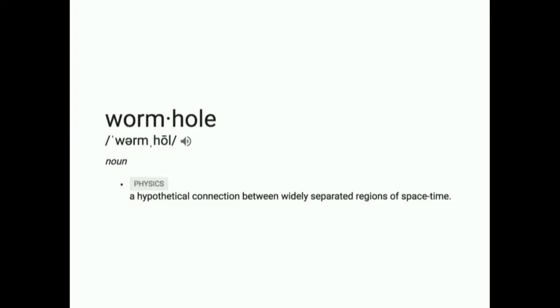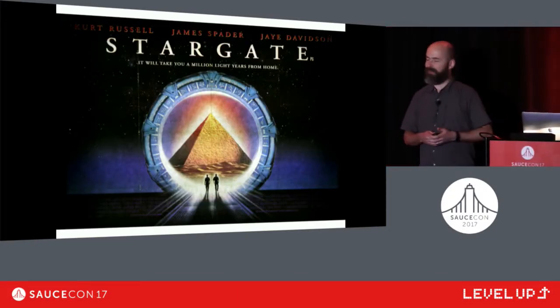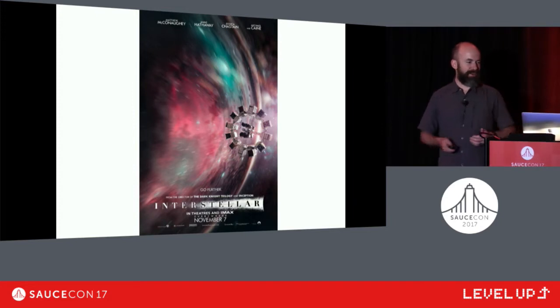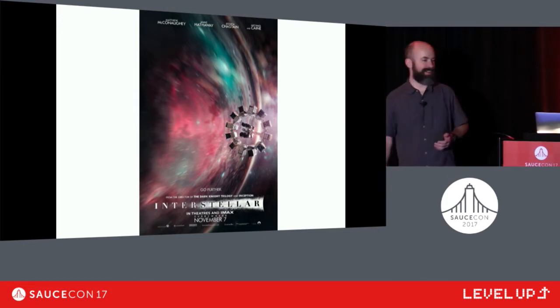And a wormhole in physics, right, is a hypothetical way to create this connection between widely separated regions of space and time. So there have been some great movies about this: Stargate, a movie about traveling to alien civilizations by stepping into this wormhole, or Interstellar, where after the world becomes uninhabitable, mankind can use a wormhole to find a new